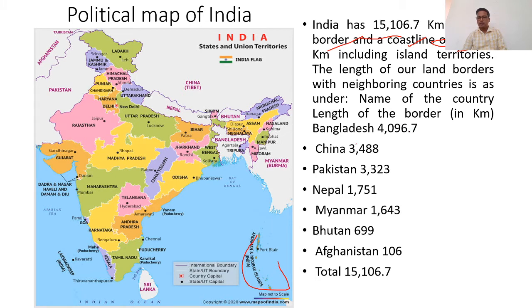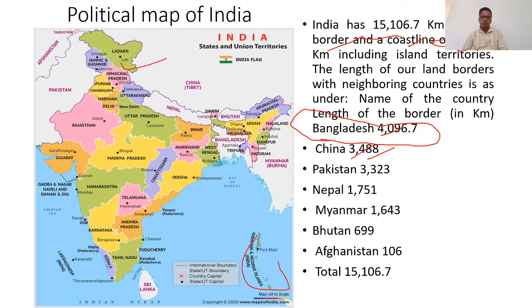The first border scenario is Bangladesh, our immediate neighbor, and on three sides it is surrounded by India. One side is the Bay of Bengal. Had it not been for the Bay of Bengal, this country would be landlocked. Though it is not presently landlocked, it could have been a landlocked country. Our immediate neighbor Bangladesh shares the highest border length with India, 4,096.7 kilometers, followed by China, 3,488 kilometers.